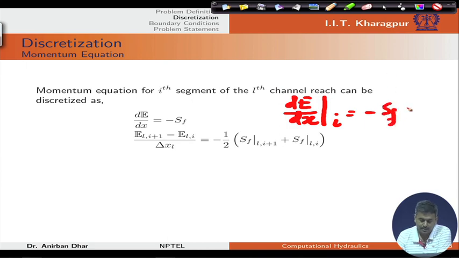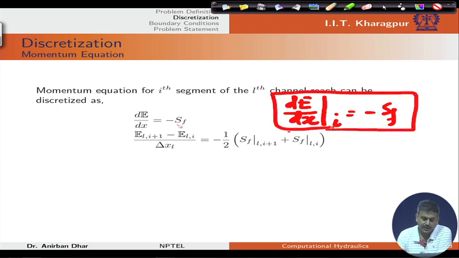Now, if we consider this discretization here, we can use simple forward difference. So, we are getting E L I plus 1 minus E L I divided by del x L,